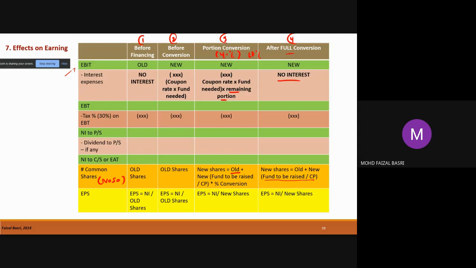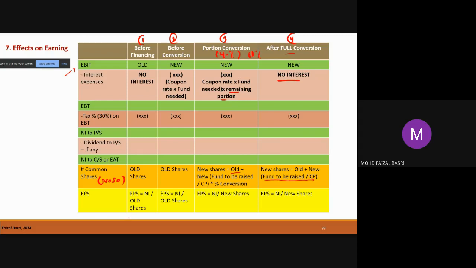Okay, if you still blur ataupun tak faham, tak apa, just follow me through je lah. I will show you how to calculate later. Right, and for final conversion ataupun after full conversion, we're going to issue the total amount of new shares. Okay, without multiply with the percentage of conversion. Okay, so for EPS, we just simply take net income ataupun net profit bahagi dengan respective common shares. Okay, dan kita akan dapatlah the EPS. So as a recap,